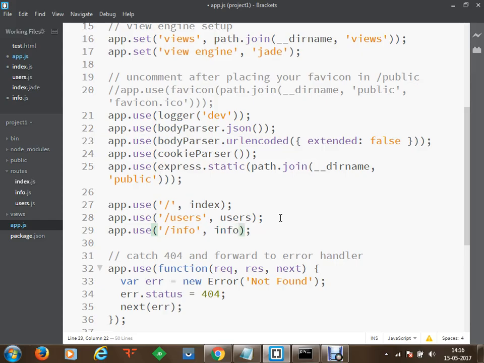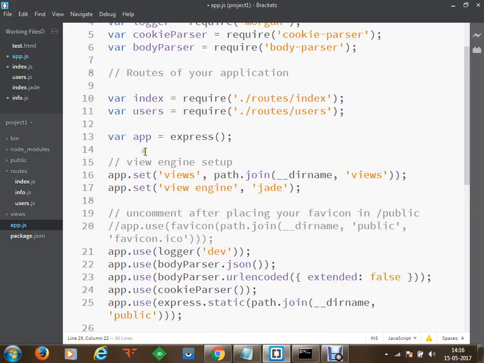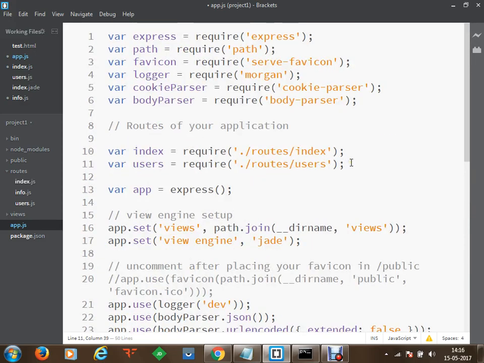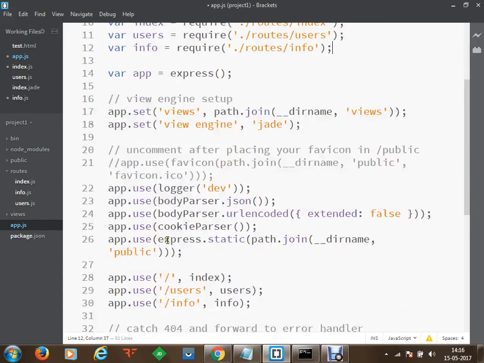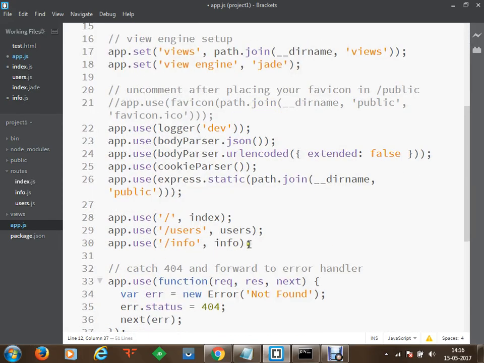Okay. So I will be creating an info object at the moment. So now info will be created at this section here in the roots section. So in the root section, I would like to create a variable info, and this info variable will require this path, and the path will be within the current directory, within roots, we are going to access info.js file. So now we have created an info.js, we have specified path to that info.js within a variable info here in app.js, and now we are using this info variable at the bottom here, and this will be used by our application.